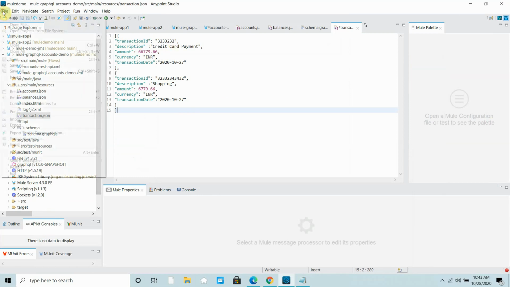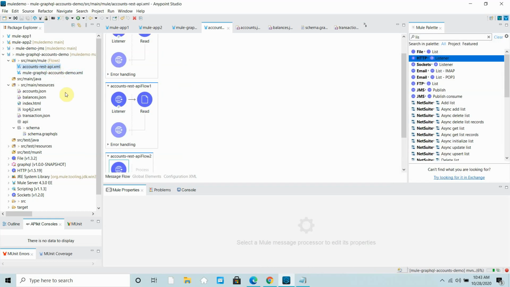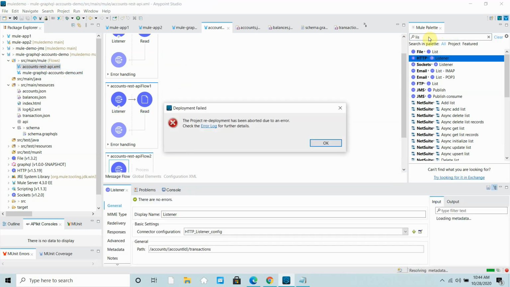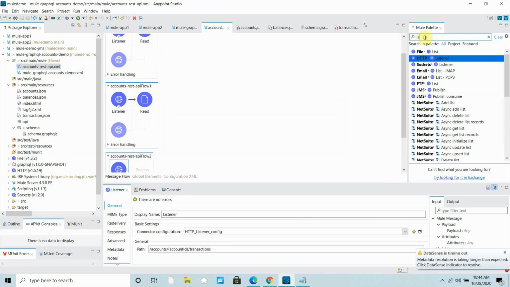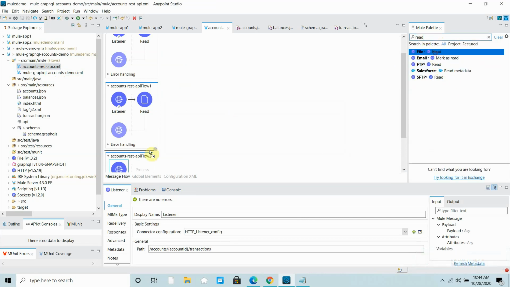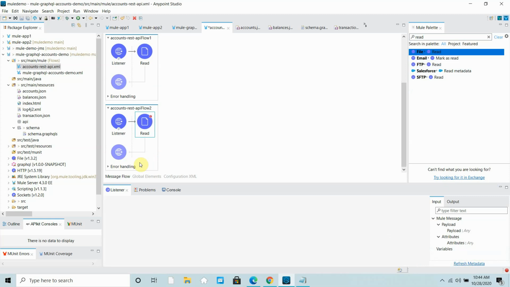Let me save it. I will go to my system API and use a read component. Let's wait, it's not responding. Okay, it's fine. So you can say file read; I can drag and drop the file read component.